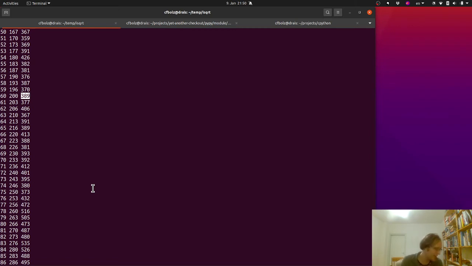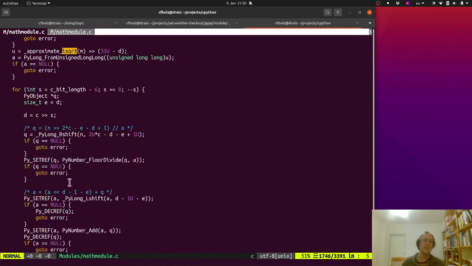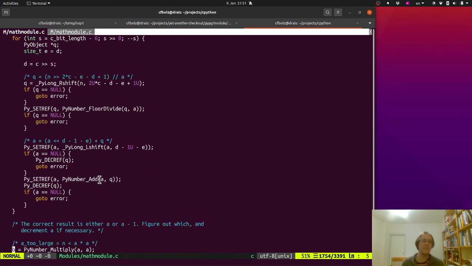So yes, Julian, this is a very good question. The question is why, right? I mean, this seems really counterintuitive, and the reason for that, I think, is that all the C code here is using longs, right? It's using long R shift and long L shift and PyNumber add, which is adding longs, and longs are not machine integers, right? It's doing all the computation using wrapped Python longs, and they have a few fast paths for